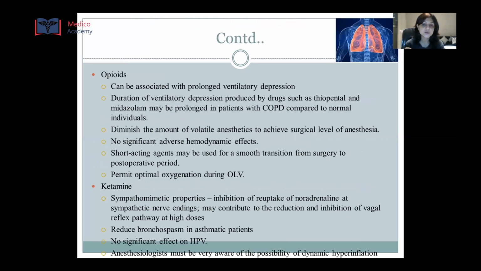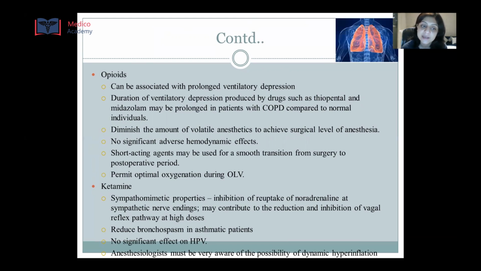Opioids can be associated with a prolonged ventilatory depression. Now, the duration of ventilatory depression produced by drugs such as thiopental and midazolam can be prolonged in patients with COPD as compared to normal individuals. They diminish the amount of volatile anesthetics needed to achieve the surgical level of anesthesia, with no significant adverse hemodynamic effects. The short-acting opioids might be used for smooth transition from surgery to the post-operative period, and they permit optimal oxygenation